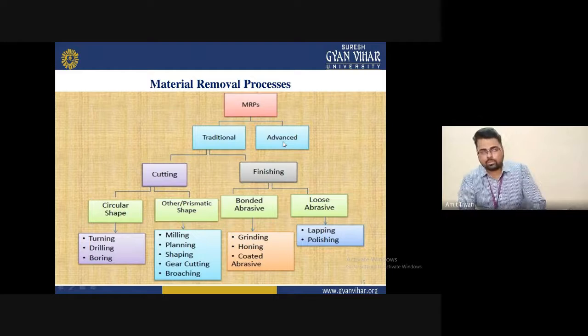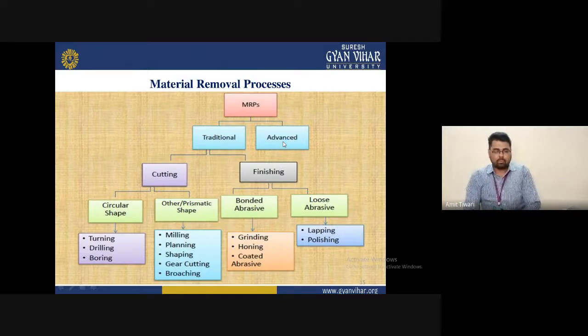Some non-conventional machines are available, that is, the electric discharge machine, where non-conductive, non-destructive techniques are basically used. CNC machines, NC machines, and DNC machines are also available for this purpose. Traditionally, we use conventional milling and drilling. All these are conventional uses, and in advance we can say that we use numerical control.